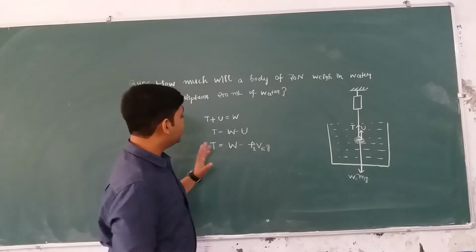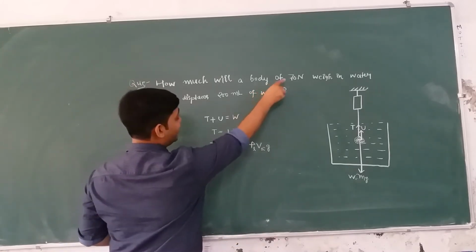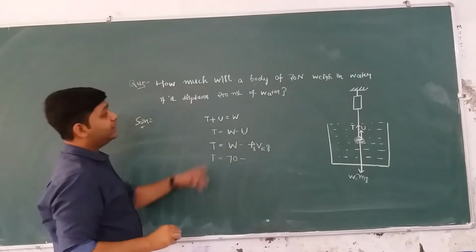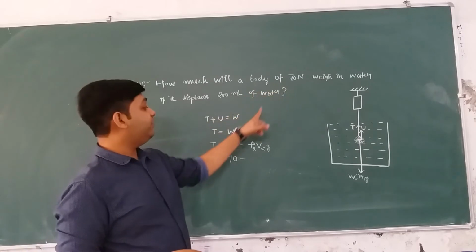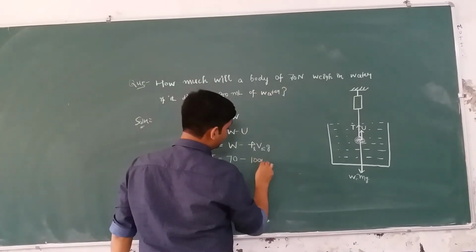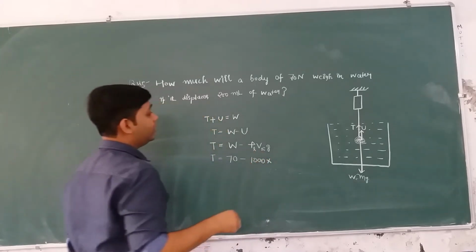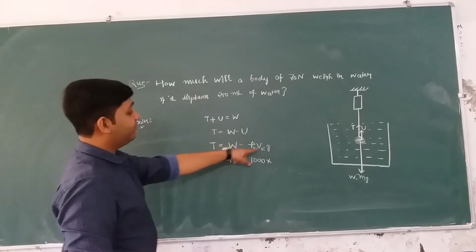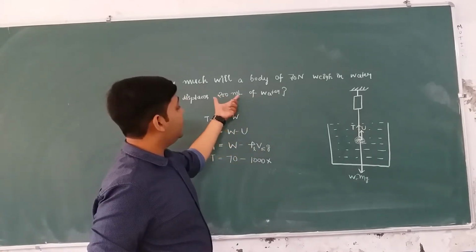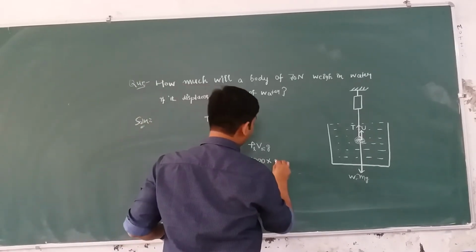Okay? So tension or the apparent weight will be equal to W. The value of W I have put as 70, minus the density of the liquid. Here the liquid is water and we know the density of water is 1000 kg per meter cube. Next is the volume of solid immersed. Since the body displaces 200 ml of water, this is the volume of the body that is given to us. So the volume is 200 ml.